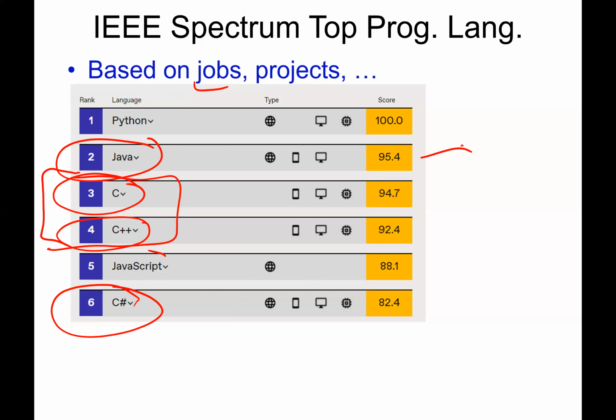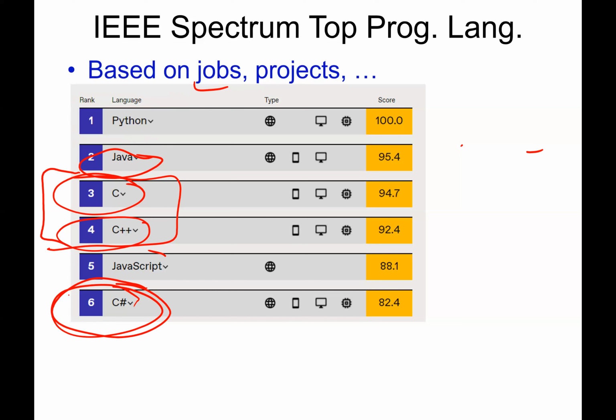Java's original code name was C++. So Java was created to be a simpler version of C++. It's not quite as fast, but it's a little bit safer, a little bit simpler. And it can also be run, after you compile it once, it will run on any computer. So if you know C++, you actually know a lot about Java, because it actually is a simplified form of C++ with a few changes.